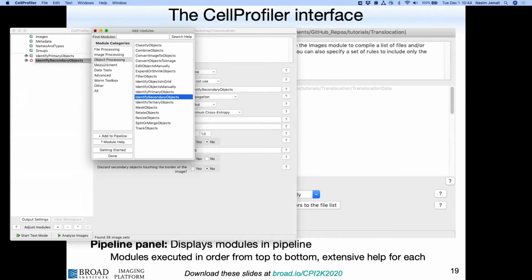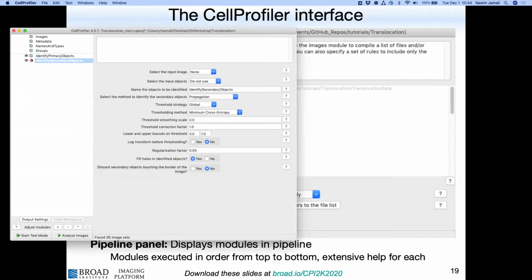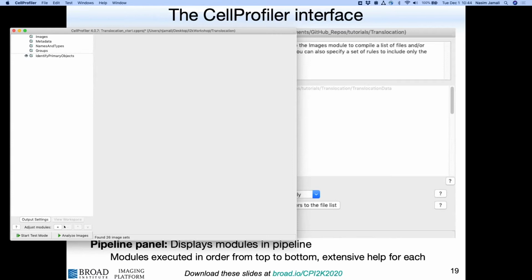Now we don't have it set up, so you can see that CellProfiler is not happy here, and that's another very nice method that is talking to you. It's telling you I'm not happy, something is not set properly. If I want to move the modules up and down, or if I want to delete a module, I use this minus button,